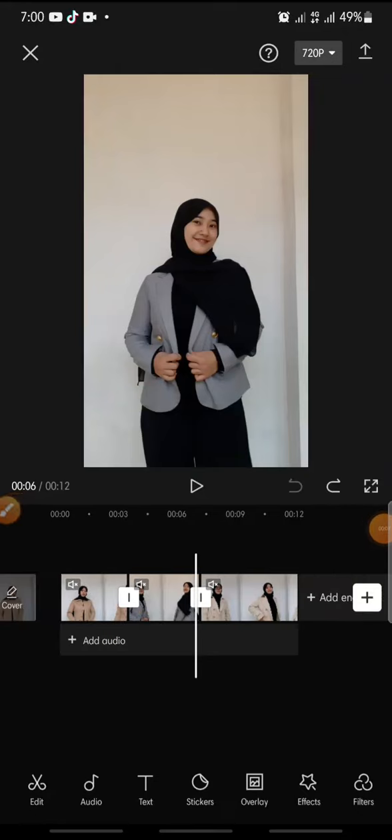In this video, I'm going to show you how to add hard rest transition effect on CapCut apps. Now let's get started. First, after you open your CapCut apps and add the video that you wanted to edit,